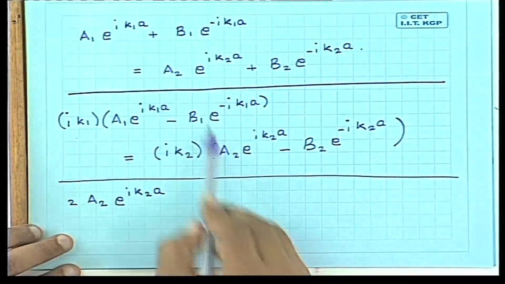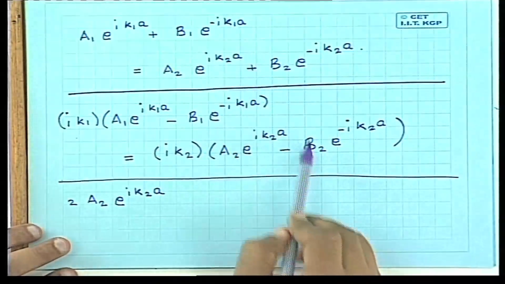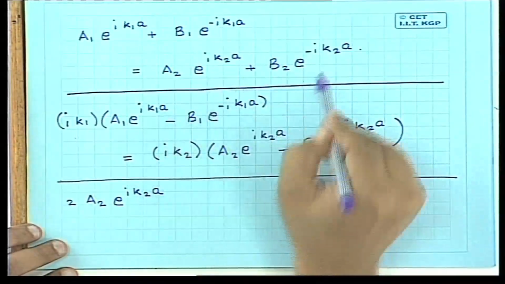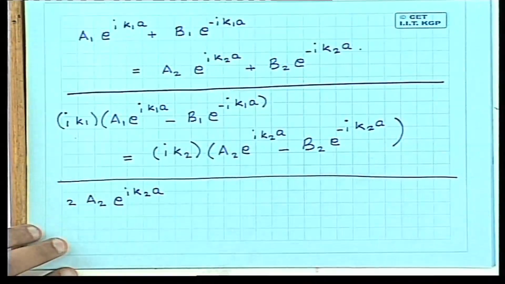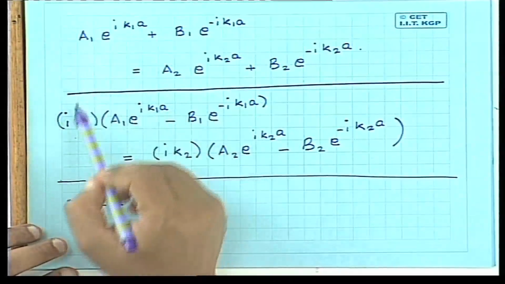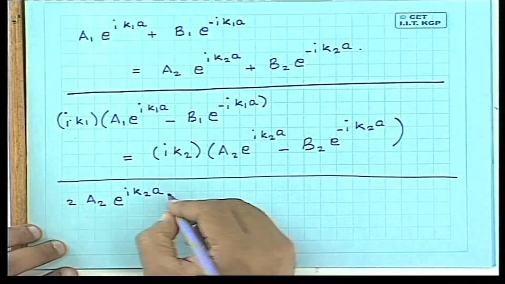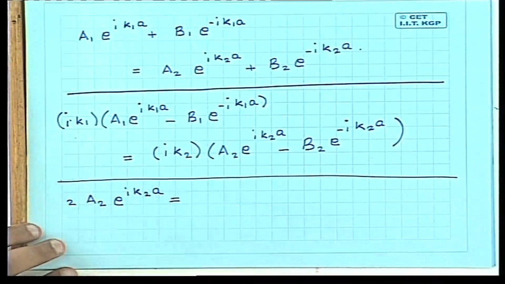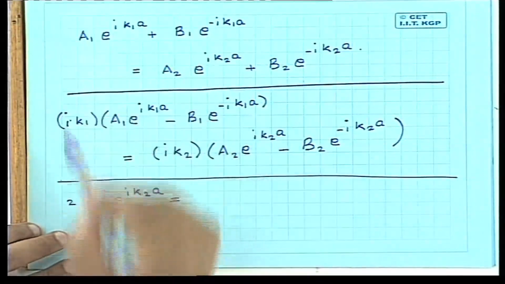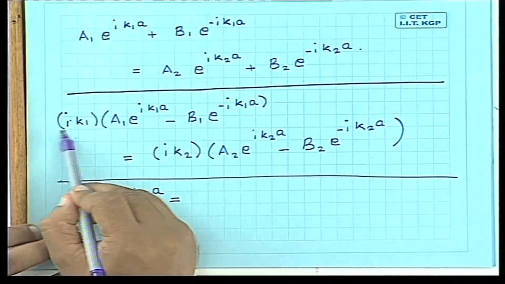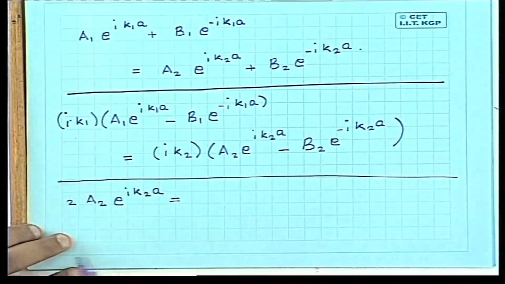So I have 2 times the first term, and the second terms cancel out. I am looking at this part here and here. The second terms cancel out, and these two terms get added up. So this is equal to, here I have 1, and I have divided this whole equation by i k2, so I get